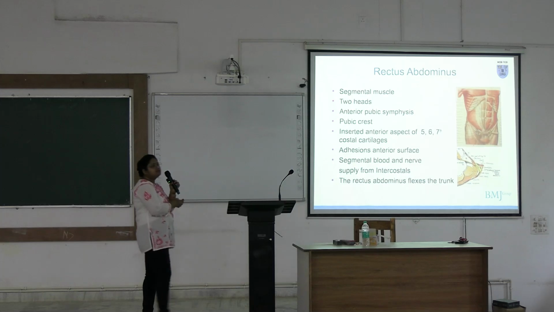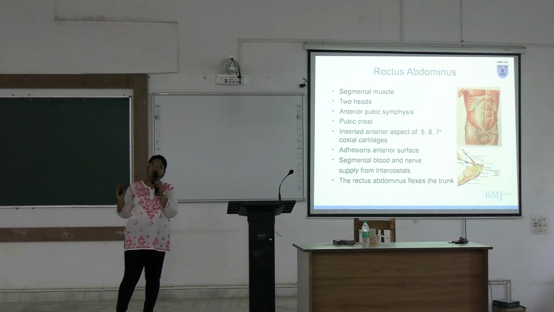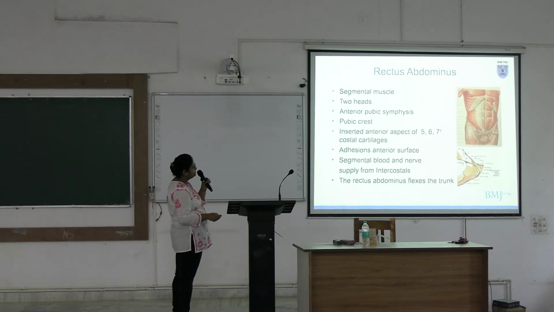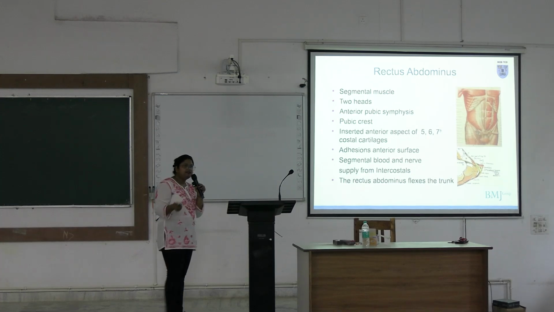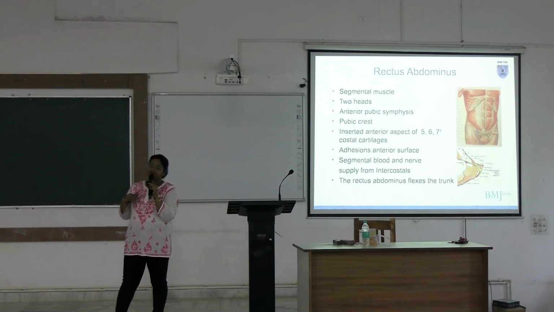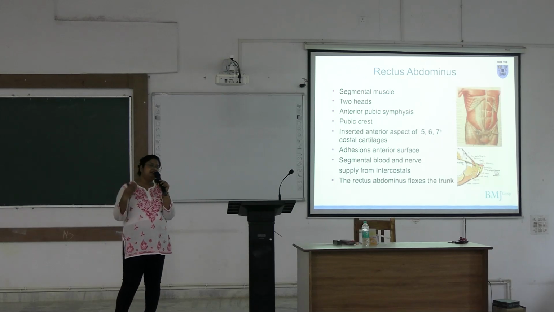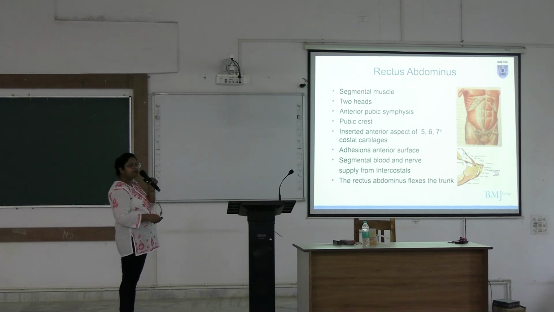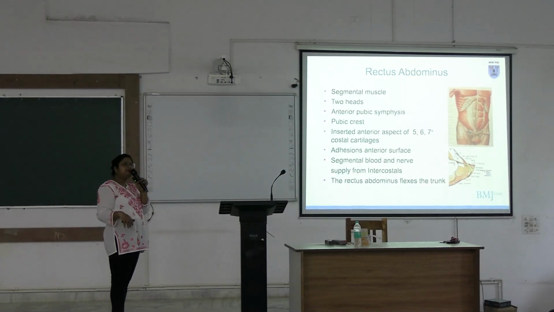Next we are going to the rectus abdominis, which is the main content of the rectus sheath. Rectus abdominis is a segmental muscle. See this long muscle, vertically arranged. This is rectus abdominis. And there are tendinous intersections. These white lines are the tendinous intersections. Fibrous tissues are attached here, attaching the muscle with the anterior layer of the rectus sheath. The intermediate portions become hypertrophied during exercise and form the six packs.